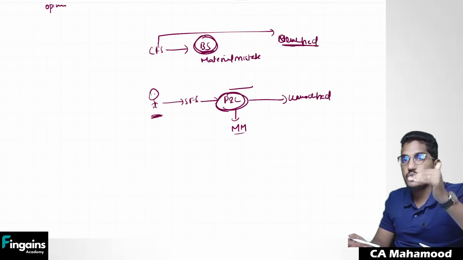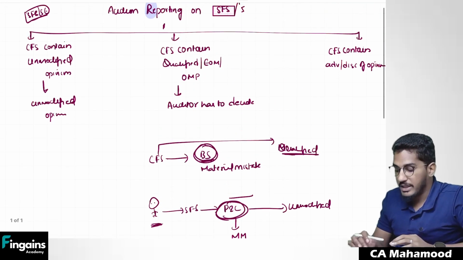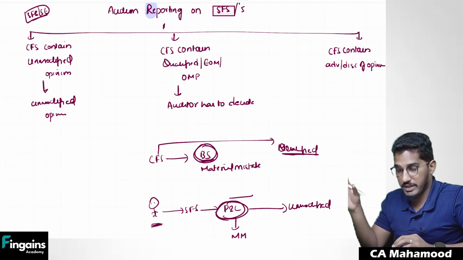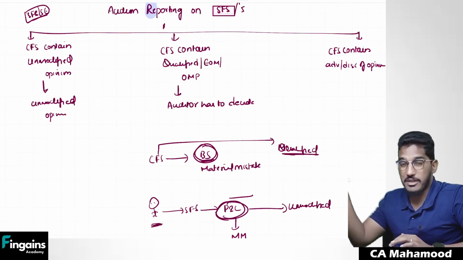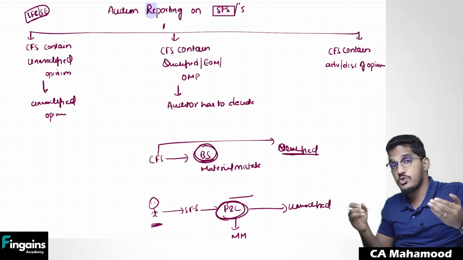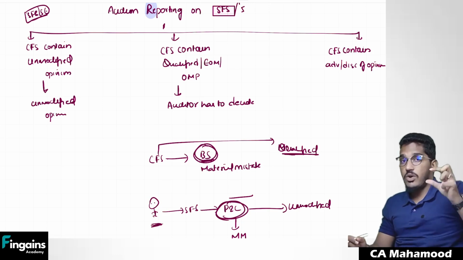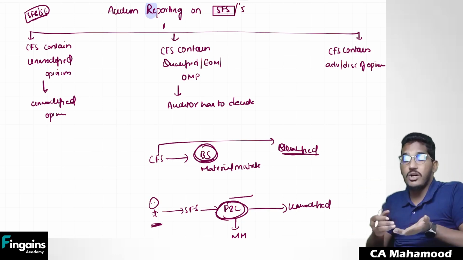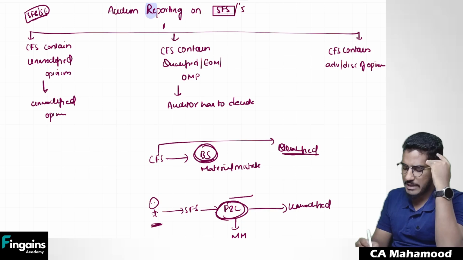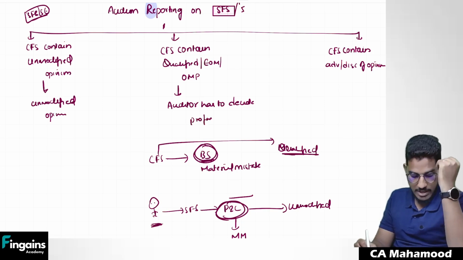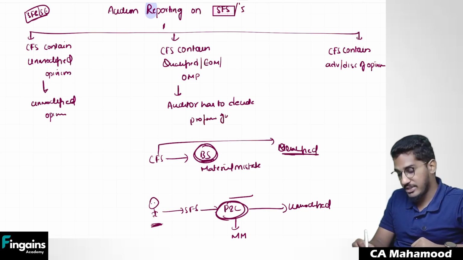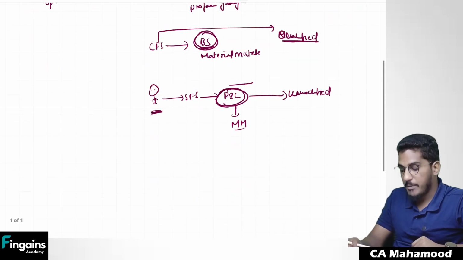So as an auditor, you have to decide whether, in case the complete set of financial statements contains either a qualified opinion, an emphasis of matter paragraph or an other matter paragraph, you should also include a qualified opinion, emphasis of matter or other matter paragraph in the audit report on the single financial statements or not. You yourself have to decide, keeping in mind the facts and circumstances. That means the auditor is required to use his professional judgment. Understood? But he can do one thing.